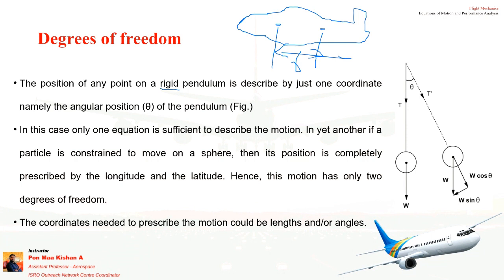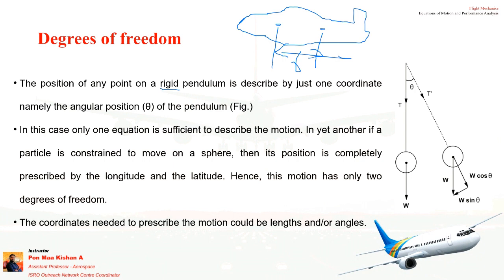What will happen if I say that the aircraft is rigid? That means when the aircraft is flying, the distance between the two points which I have drawn in the slide, that distance r, will not change throughout. If we consider that the aircraft is rigid, then throughout the problem we will consider that the distance won't change. If the distance is not changing between the two points, then we call the object rigid.